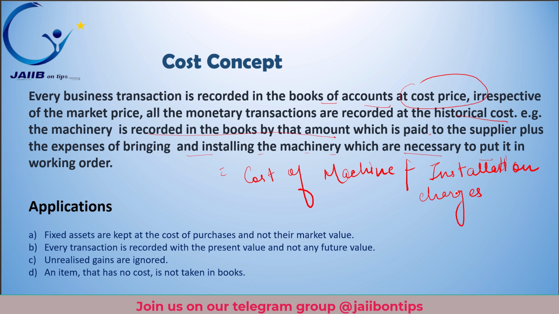Right. So let's explore the cost concept in accounting with a real life example. Imagine you are starting a small bakery. You buy an oven for rupees 10,000 and a mixer for rupees 5,000 to make your pastries and cakes. Even if the oven becomes more expensive later, like 12,000 rupees, the cost concept says you still record it as 10,000 rupees.